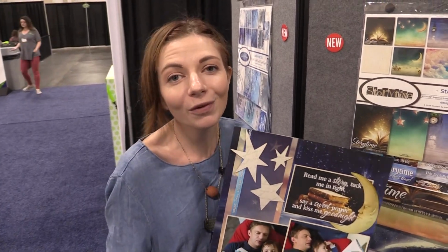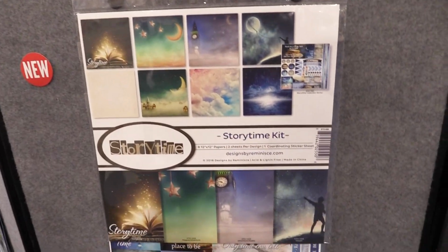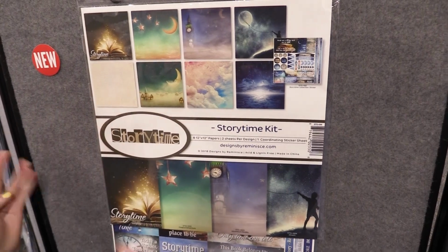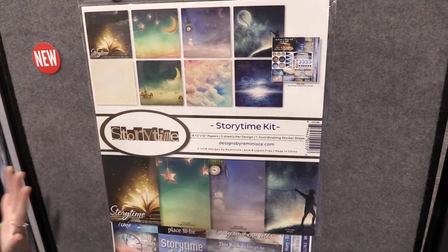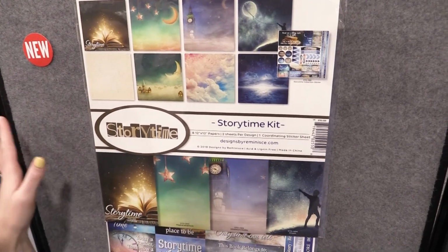This is Scrapbook.com and we're at the Reminisce booth looking at a beautiful new line called Storytime, which is all about bedtime stories. Super pretty, so you guys can kind of get a feel for this collection. It's almost reminiscent of Neverland to me, something like that, with Big Ben and the children, sparkly skies, really